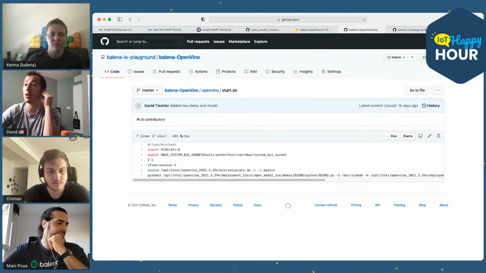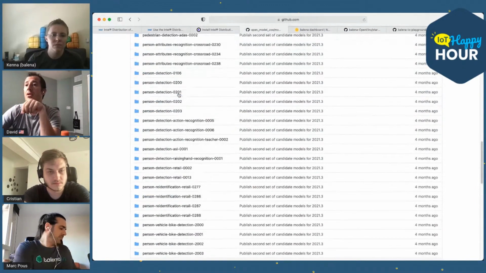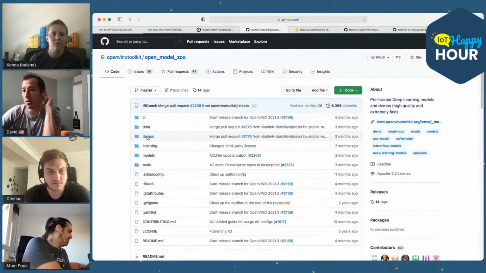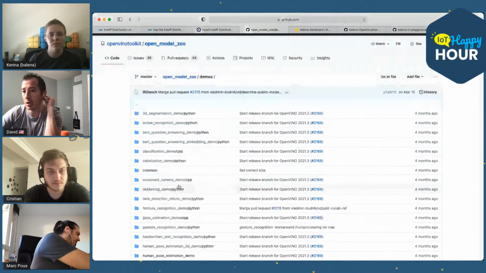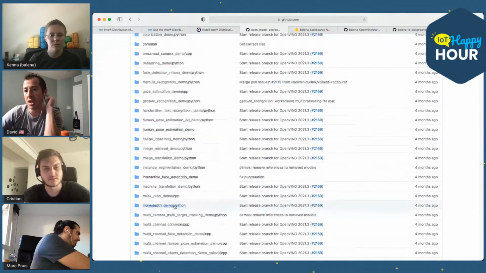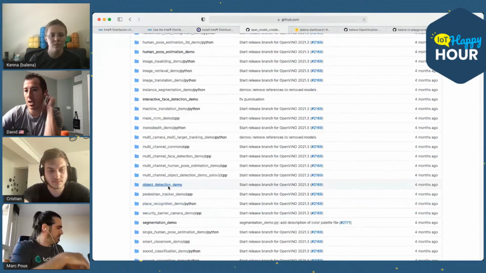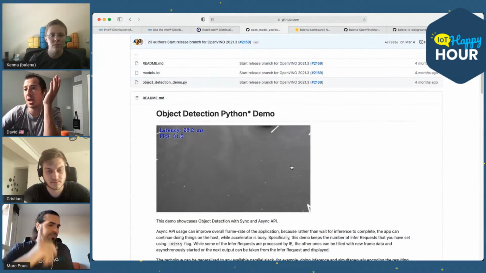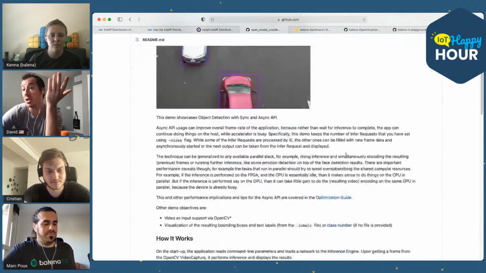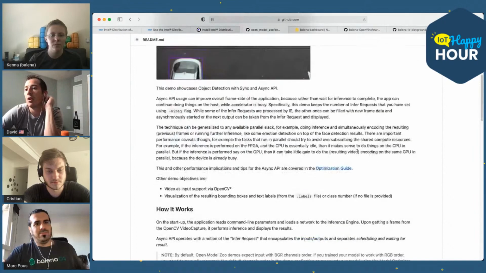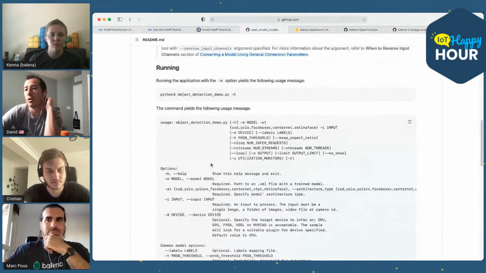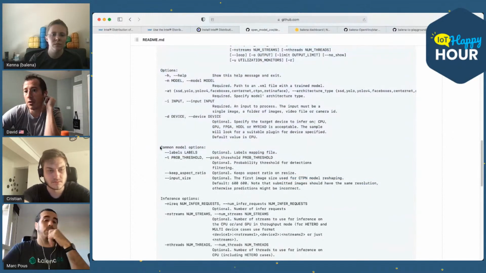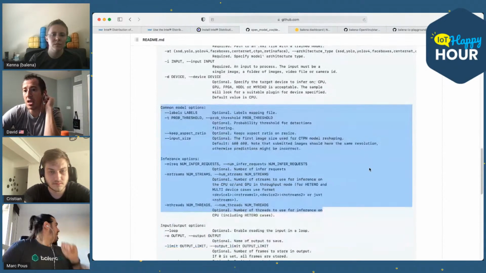And all of these are documented in each application. They've got really good documentation per sample application. So for example, object detection, which is detecting me as we speak, all of your flags to make use of are documented in here.